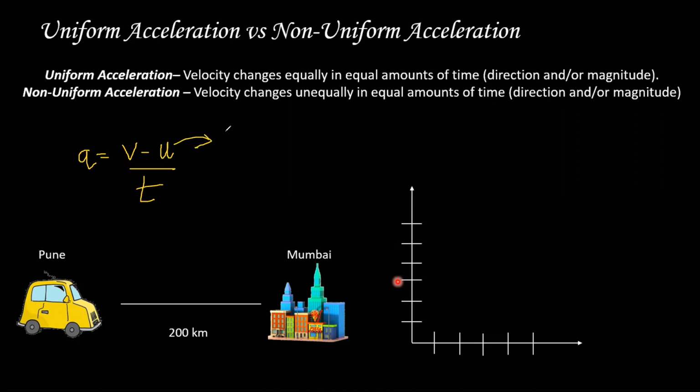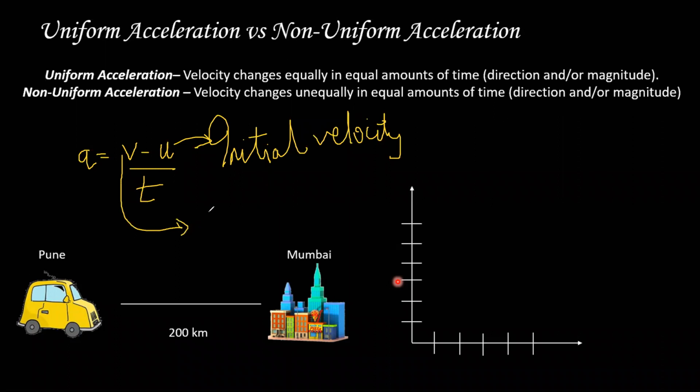Small u, so if you ever write small u now, small u means initial velocity. Initial means the first velocity. The velocity you have when you start. So it is known as initial velocity. Okay. And small v means final velocity. It means the final velocity which you have calculated. So you will ask me, Bhaiya, what does this mean? I'm gonna tell you.